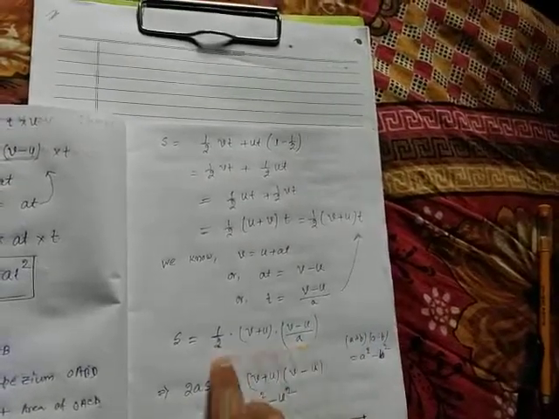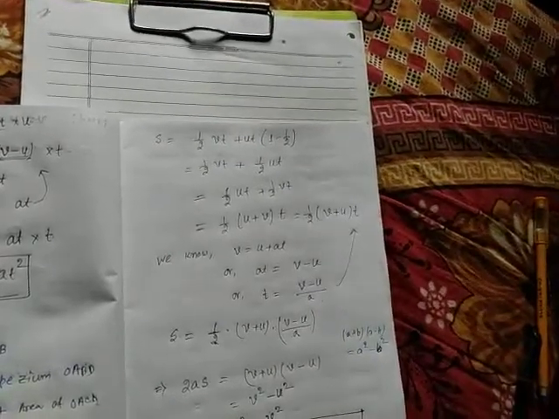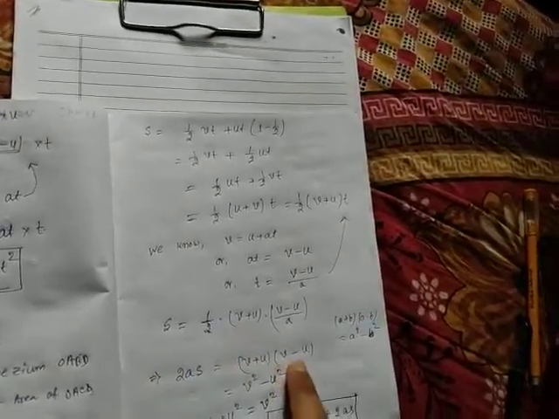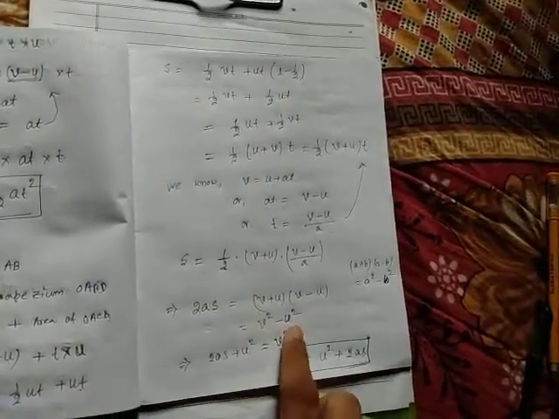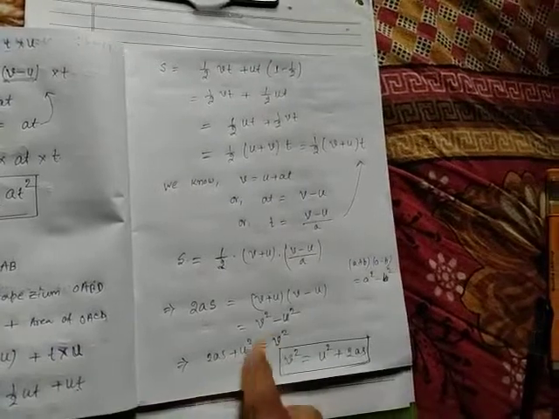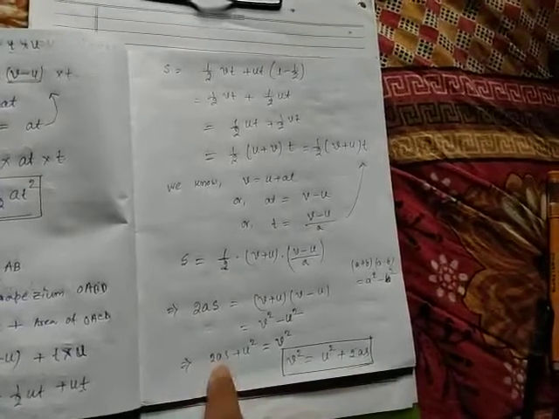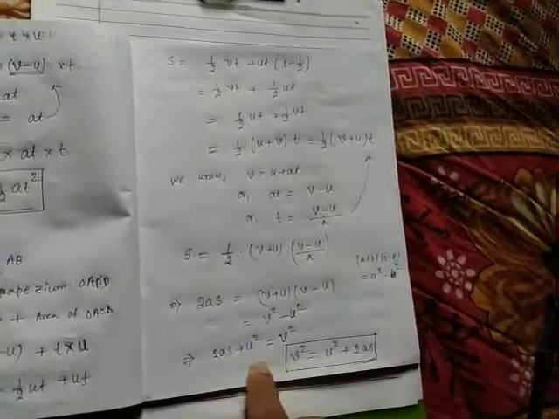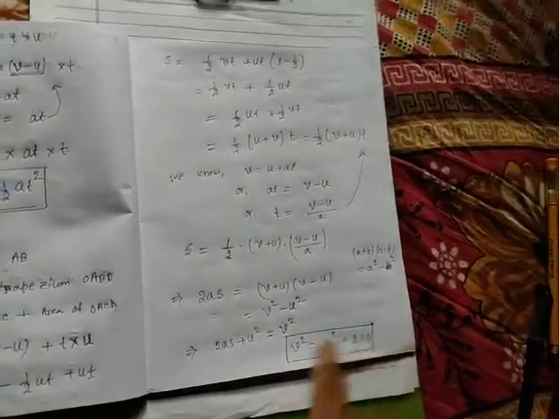Now 2 and A both are in the denominator position on the right side. So if I want to write them on the left hand side, then they will be multiplied with S. So 2AS is equal to V plus U into V minus U. Formula: A plus B, A minus B, A square minus B square. So V square minus U square, that means we will get 2AS plus U square. Here I have changed the position of U square; it is negative, so on the left side it will be positive. So 2as plus U square is equal to V square, and if I want to write it in a particular order, then I will get V square is equal to U square plus 2as. So proof. These three equations of motion are proved by the graphical method.